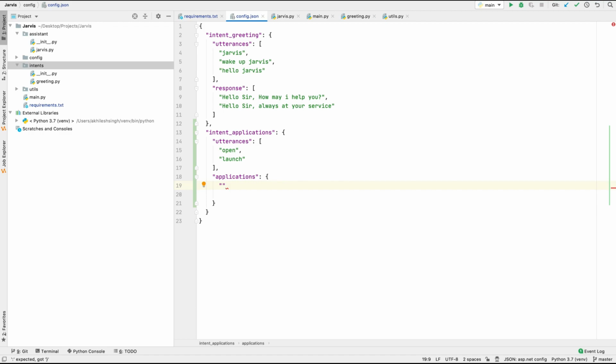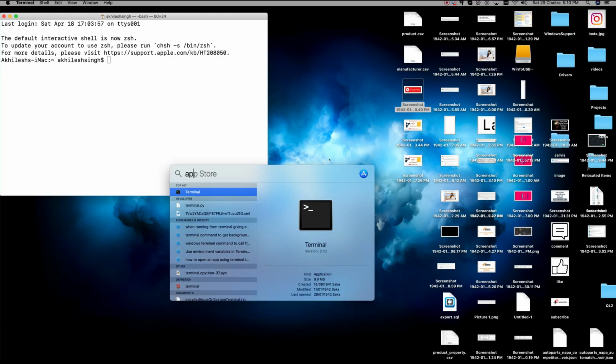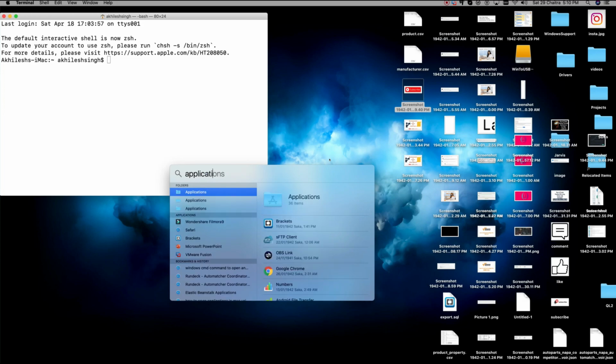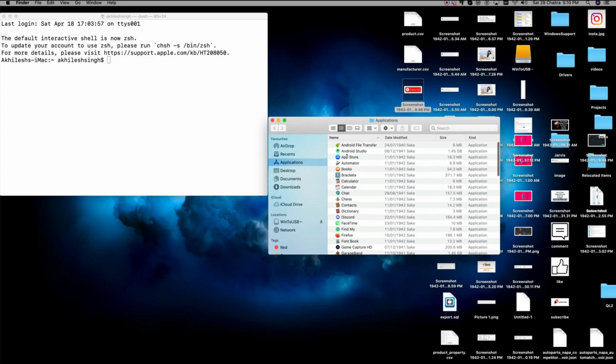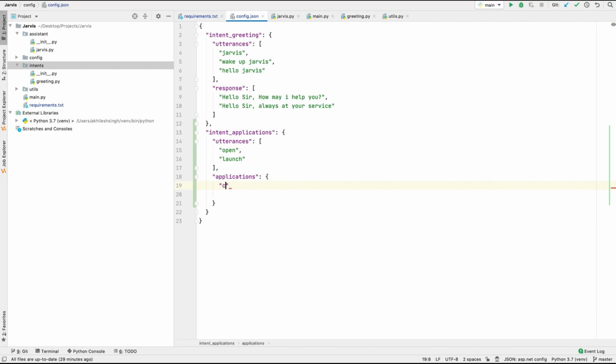So how you can have the list of the applications? In Mac you just need to open the terminal, and open the application folder, and the application which you require to open. So just like if I open the calculator, then this is the path for that. I'm just going to copy, and for calculator I'm going to give the name,